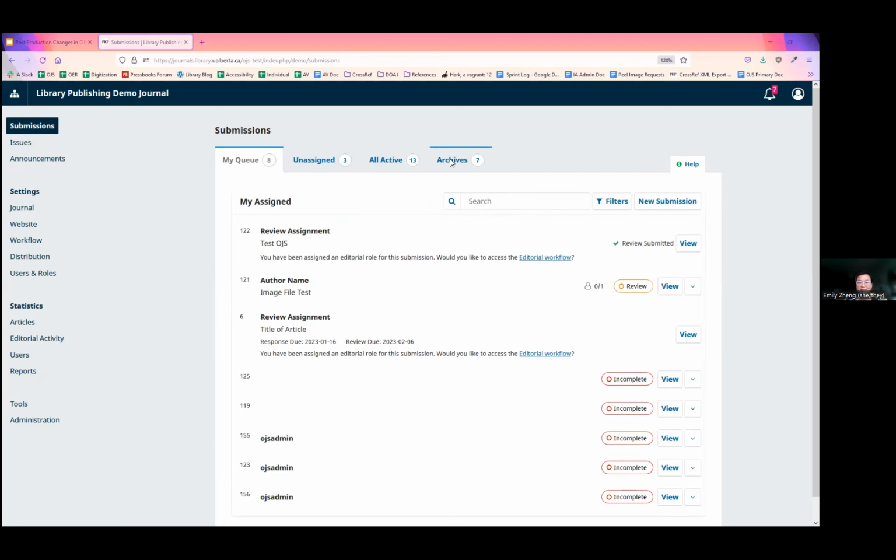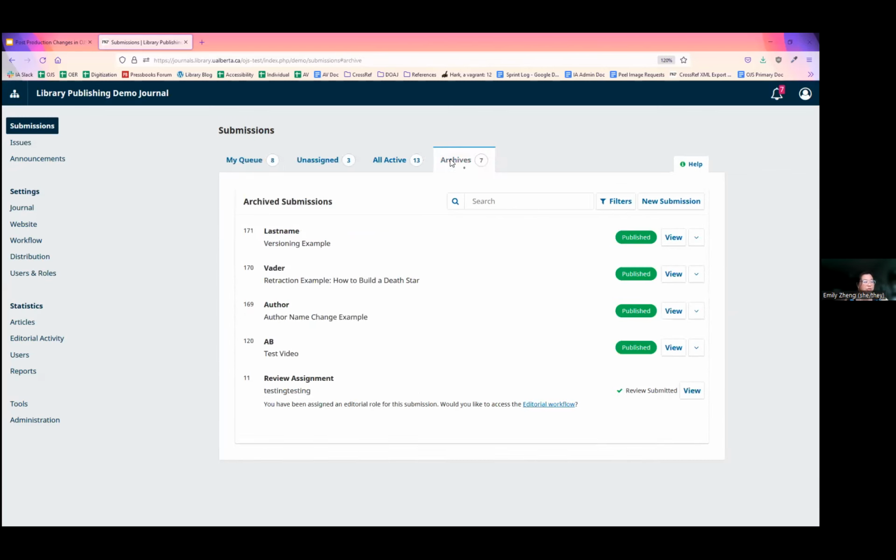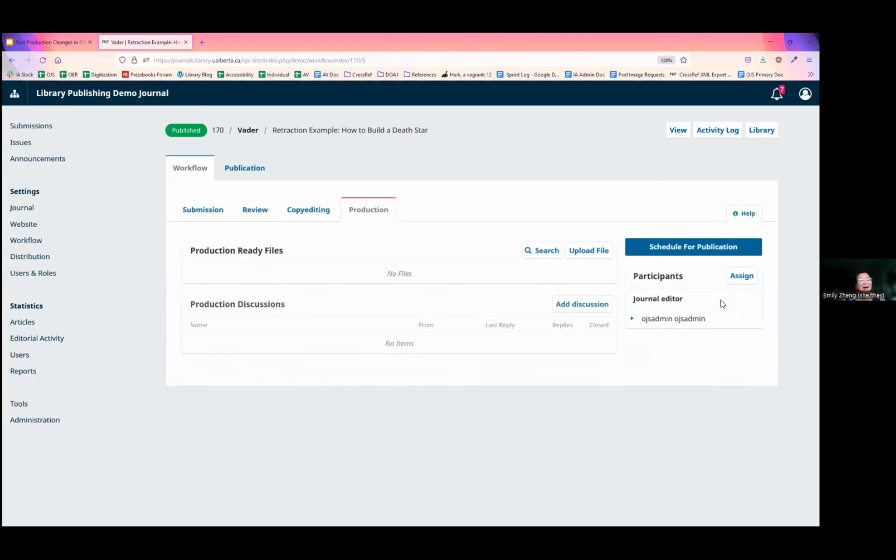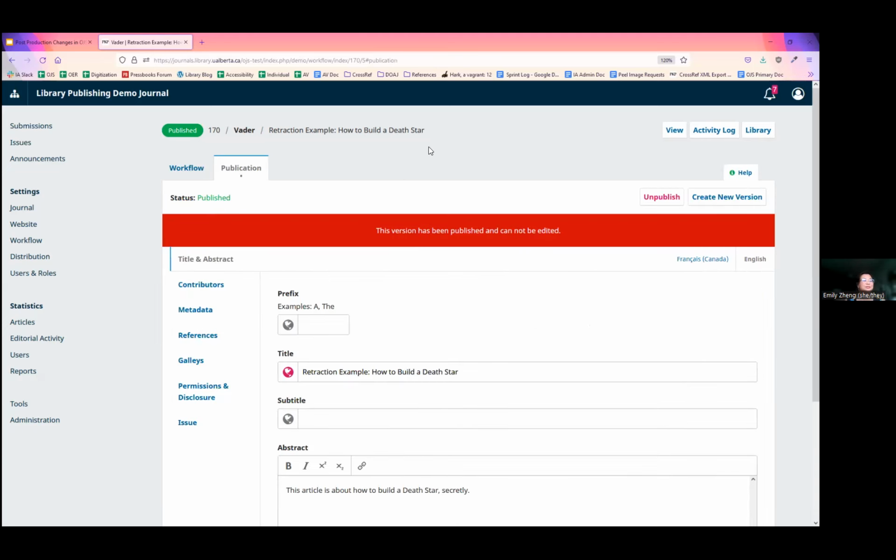Okay, so the next example I wanted to show you is a versioning example, which is also a retraction example, which also uses the unpublish and republish, but does it very visibly. In this case, we don't want the unedited full text to be floating around in the world. So what we'll want to do is replace that with a full text article that very clearly says that this paper has been retracted, but not erase the citation and publication record,